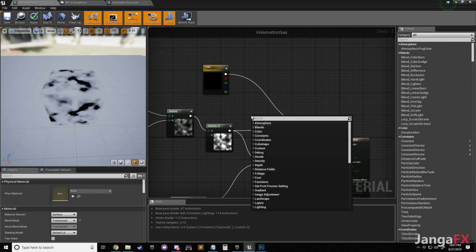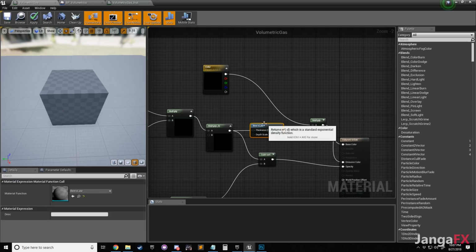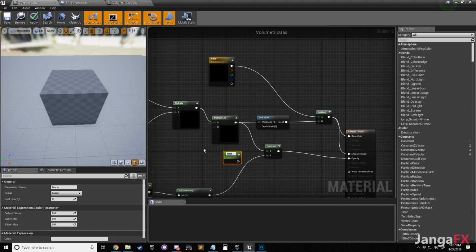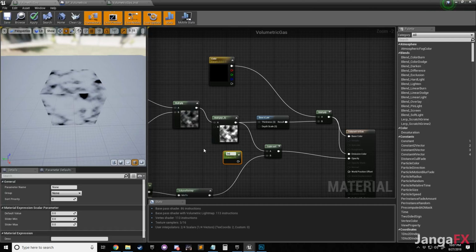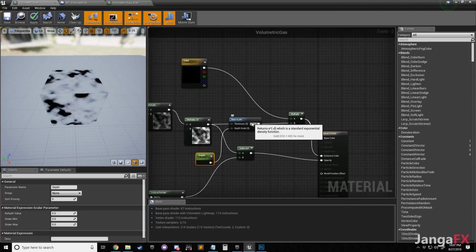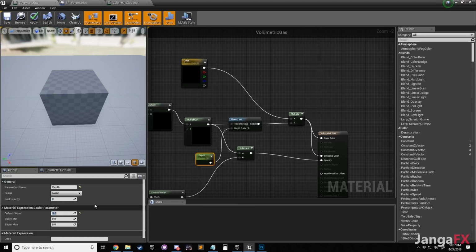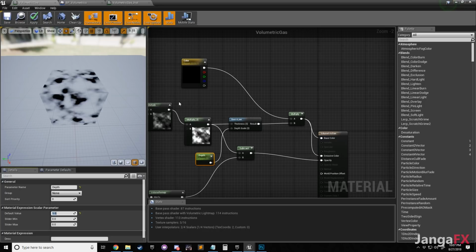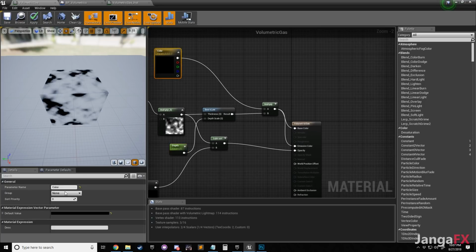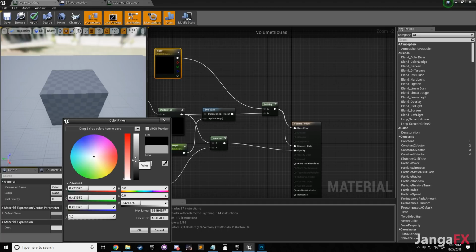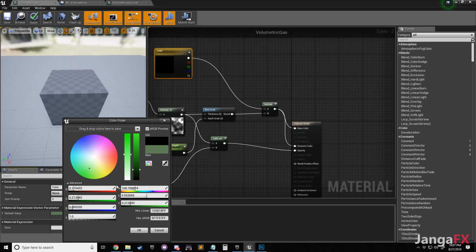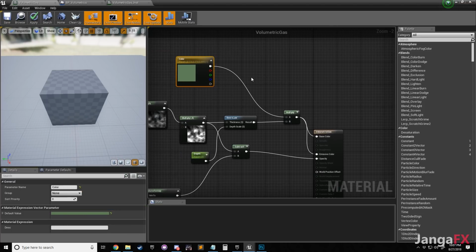right here, we also want to bring in something called Beer's Law. And this is going to give our clouds some depth. So we'll call it depth, like that. And this will give our clouds a lot of thickness. We'll say a default of maybe 5, something like that. And now we can multiply this by color, and we'll make our default color maybe like a cold blue, or maybe like a green, something toxic, something like that. And we'll see how it looks